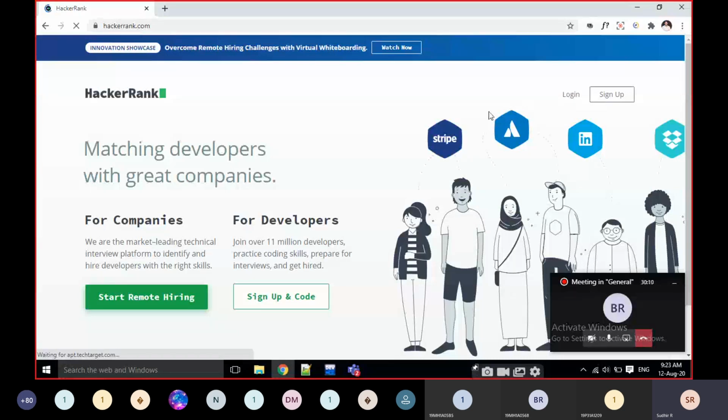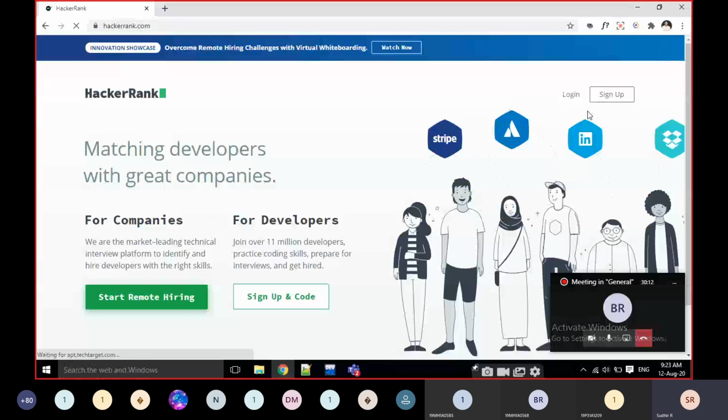If you are new to HackerRank, don't go for these companies. We are developers. Just click on sign up.